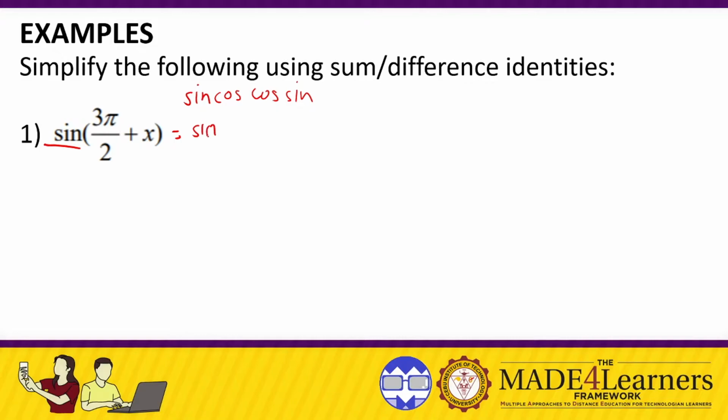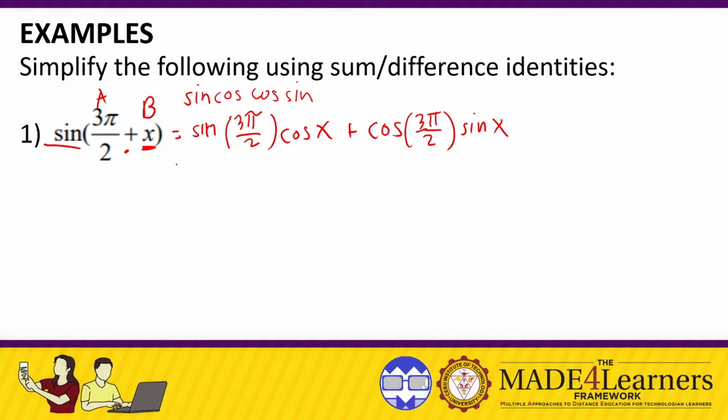So we will have sine of 3 pi over 2 cos of x. Our second angle is x, so this is A and this is B. Then since it's sine, we have the same sign, so plus cos of 3 pi over 2 sine of x, equals